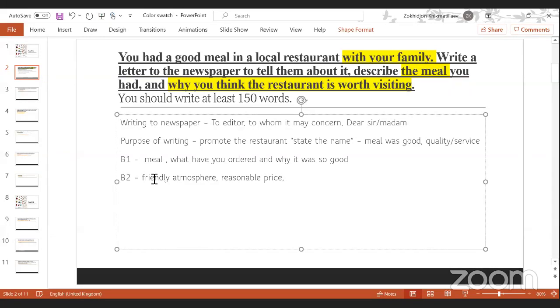So this restaurant is not for teenagers. Is it, I don't know, small or noisy, or is it calm, atmospheric with live music that suits your family? Calm atmosphere. You have to describe it. Calm atmosphere.